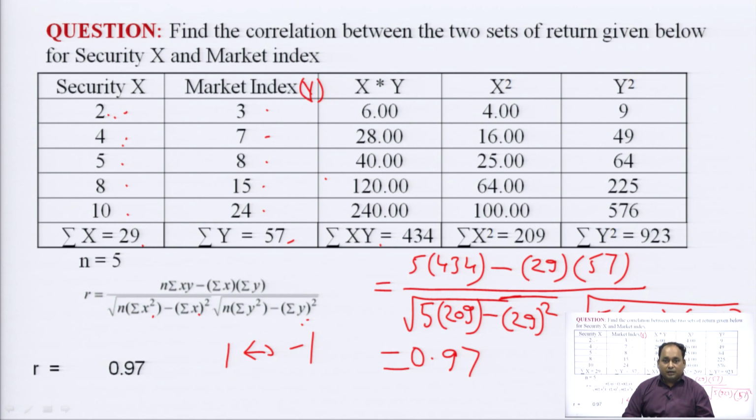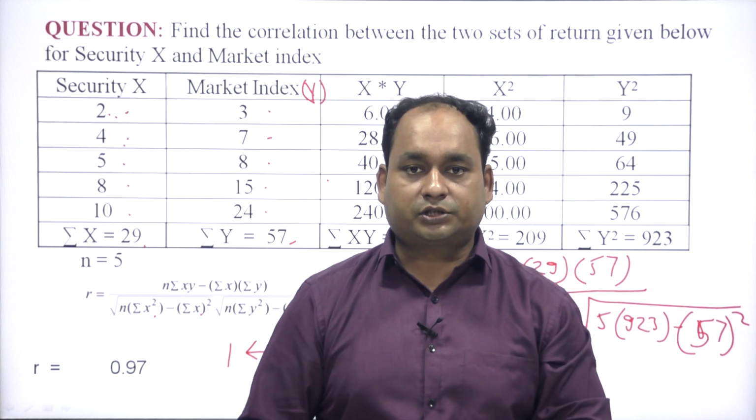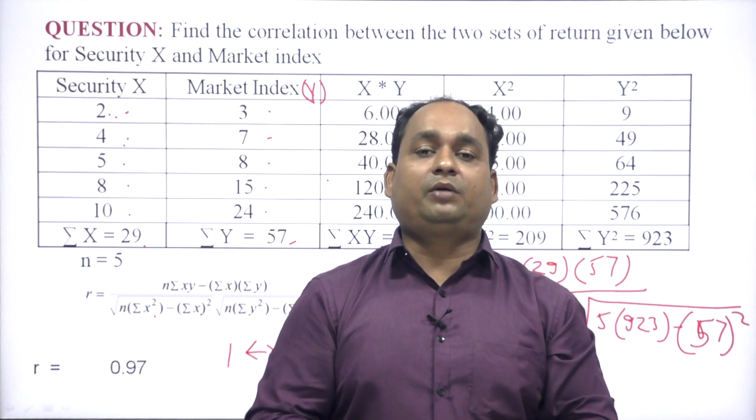So, this shows there is a positive correlation. As security return is going up, market return is also constantly increasing according to the security. It means both are increasing. There is a positive correlation. Sometimes, if the security return is going down, market return is also going down, or once market return is going down, security return is also going down. Definitely, there would also be a positive correlation, because both are in the same direction.